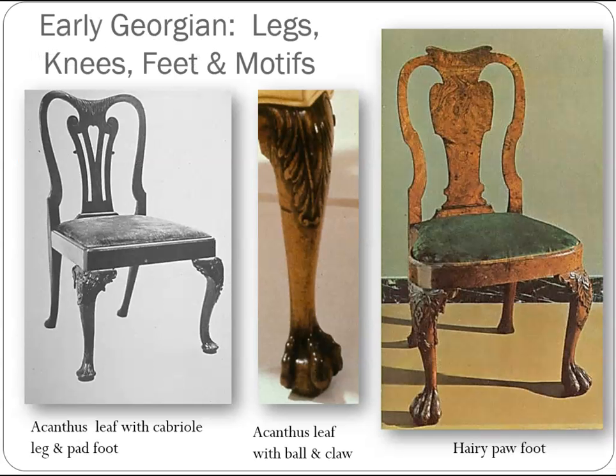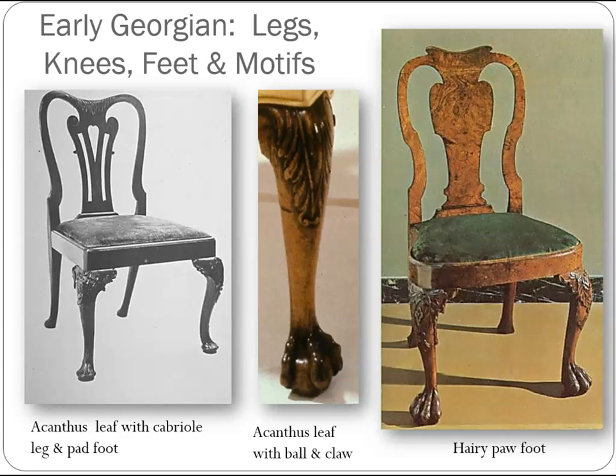Now, many of these styles can be identified by the type of leg or motif that is used on them. The first style that we're going to look at is the early Georgian style. And remember, this is a transition from the Queen Anne style to the Chippendale style. In this design, on the left, we're seeing the acanthus leaf on the knee part of the cabriole style leg. But overall, the design is very similar to Queen Anne in that it's very simple. There is not a lot of ornamentation. How it differs from Queen Anne is that we start to see more carving, and it does have the pad